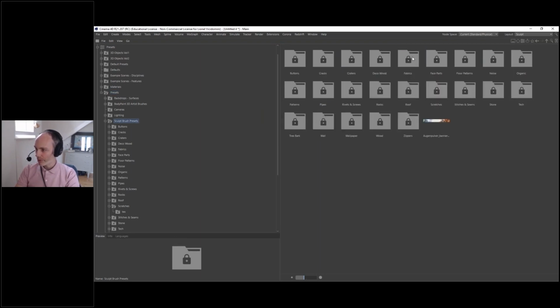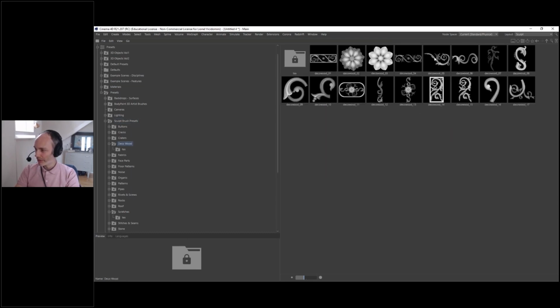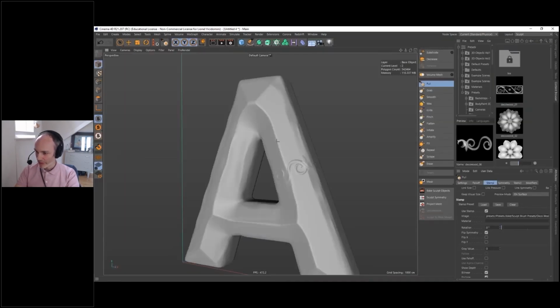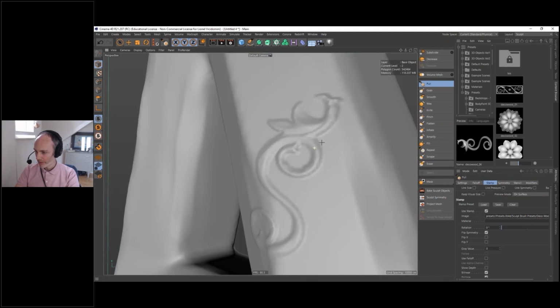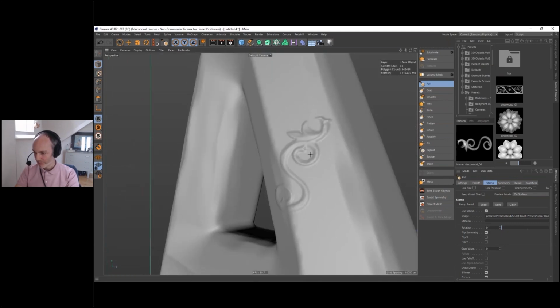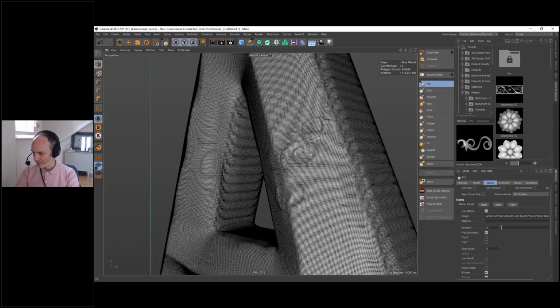Inside the sculpt brush presets, you have a lot of nice things. For example, I could go to the deco wood and use maybe this one. So I double click and that's a brush. I can drag on my object. And this is not a texture. This is real polygon. You see, if I zoom in, this is carved in.